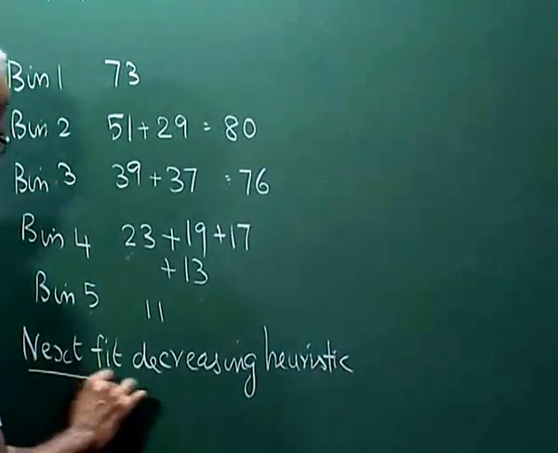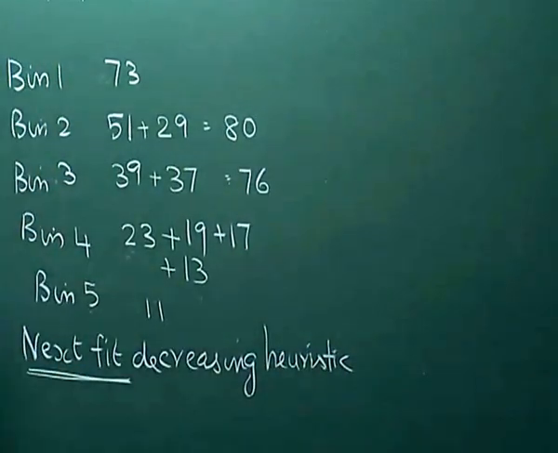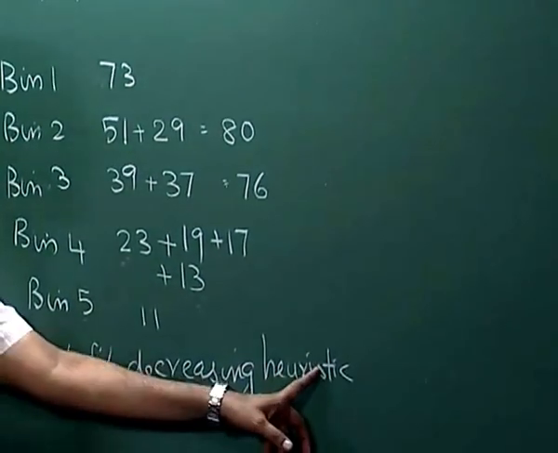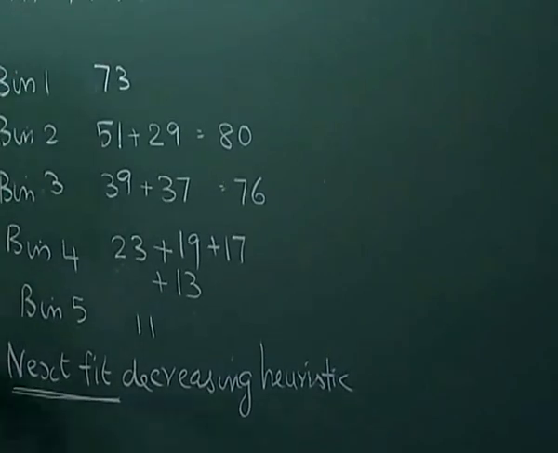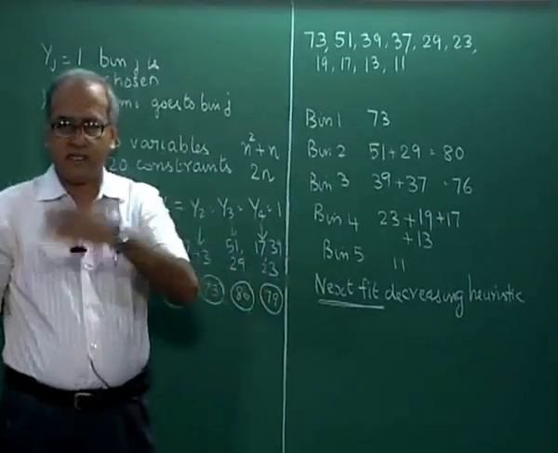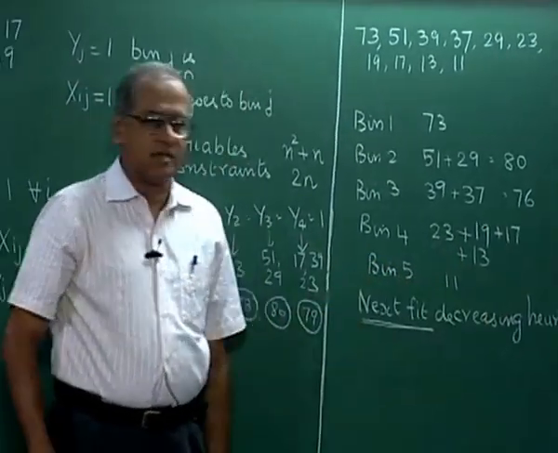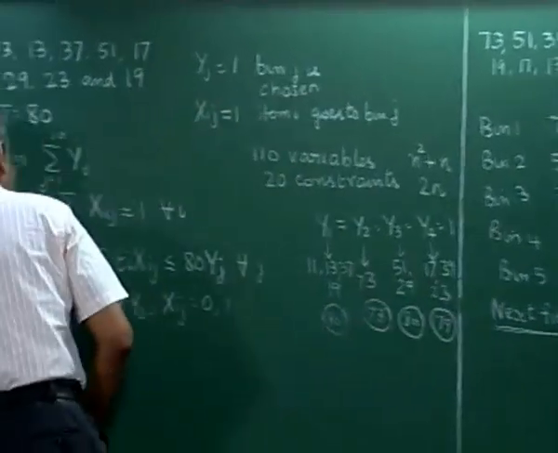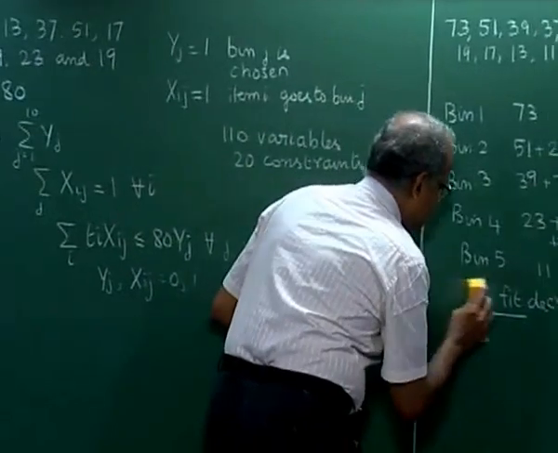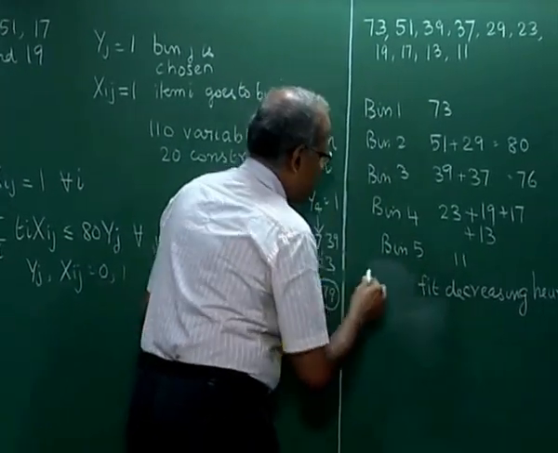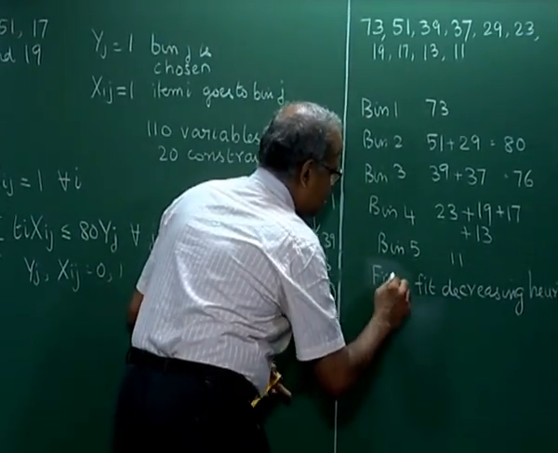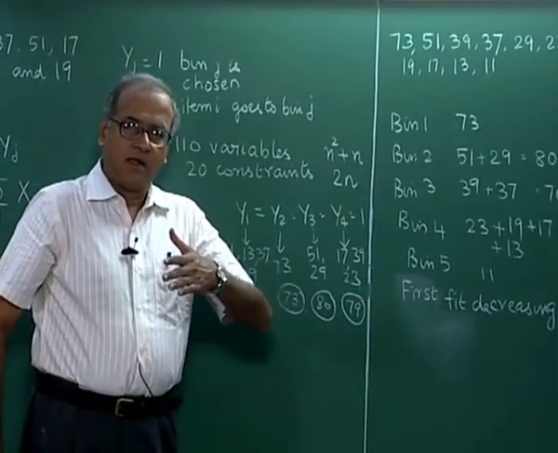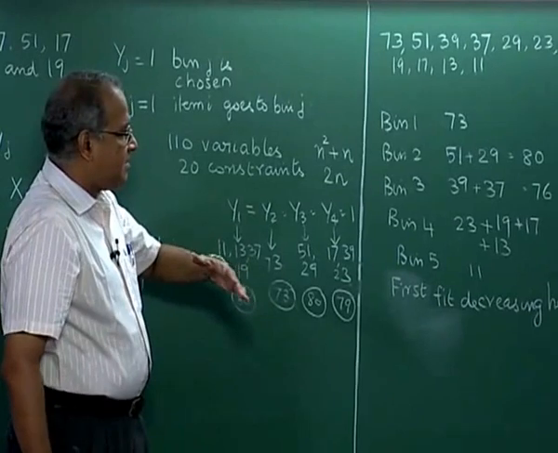It is called the next fit decreasing heuristic. The important thing, it is a decreasing heuristic because the items are already arranged in decreasing or non-increasing order, therefore it is a decreasing heuristic. In fact, sorry, this is called the first fit decreasing heuristic, which means every item we see, we take it, we see